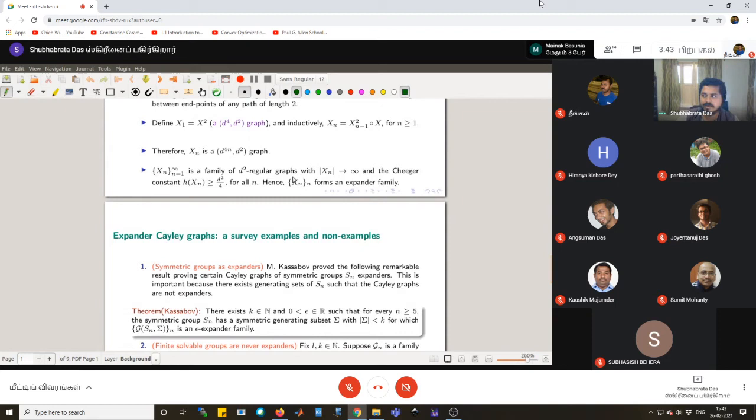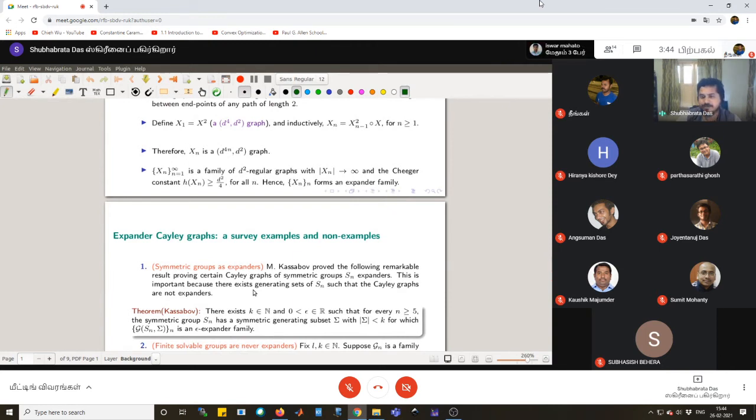Now, is it always true that if I consider any set of Cayley graphs of the same groups, maybe of fixed size, they will always form an expander family? The answer is no. And this is one striking example